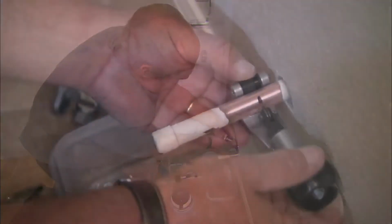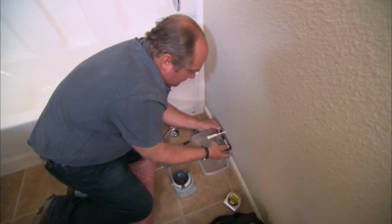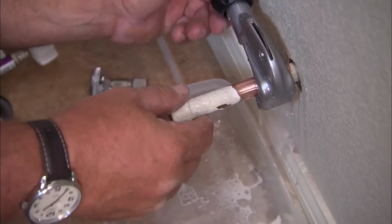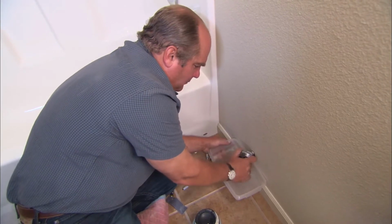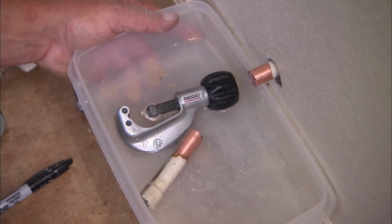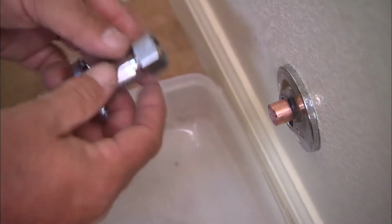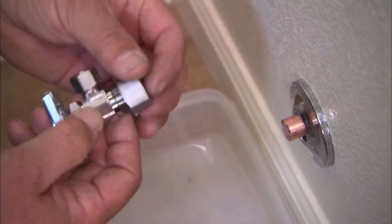Good. Okay, here it comes. Not too bad. All right, put our escutcheon plate on, and now this is our compression stop, and the connection is made up